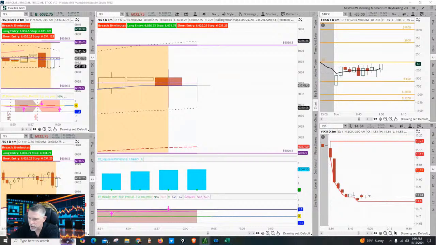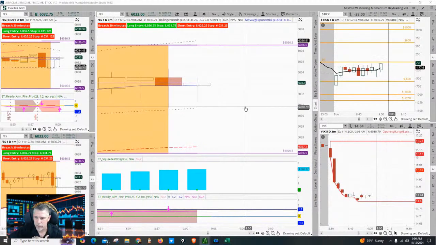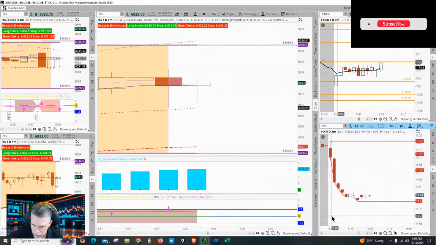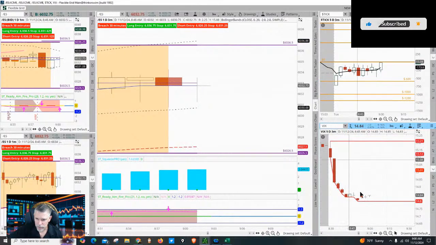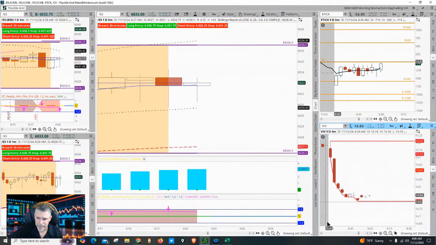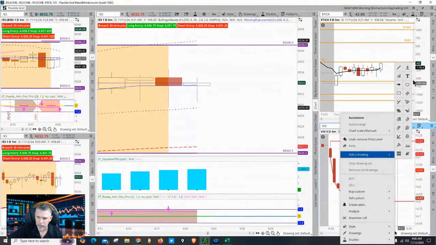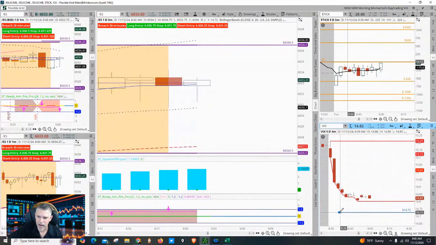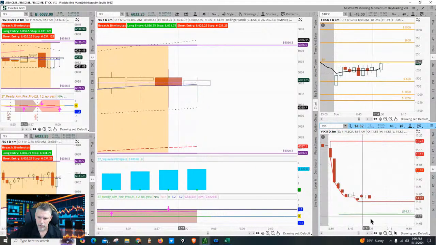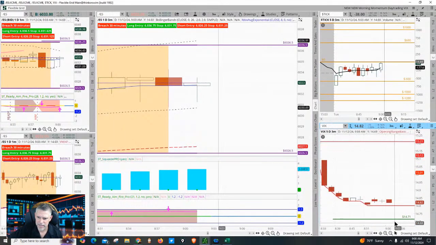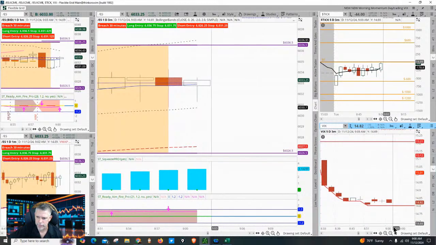I'm going to go ahead and just clear everything out of my active trader. Reset. Get ready here. Sometimes whenever you try to zoom in on a chart, it gets stuck. So you just right click and you can just draw a line anywhere. And then it's like it resets it, and it allows you to zoom in.